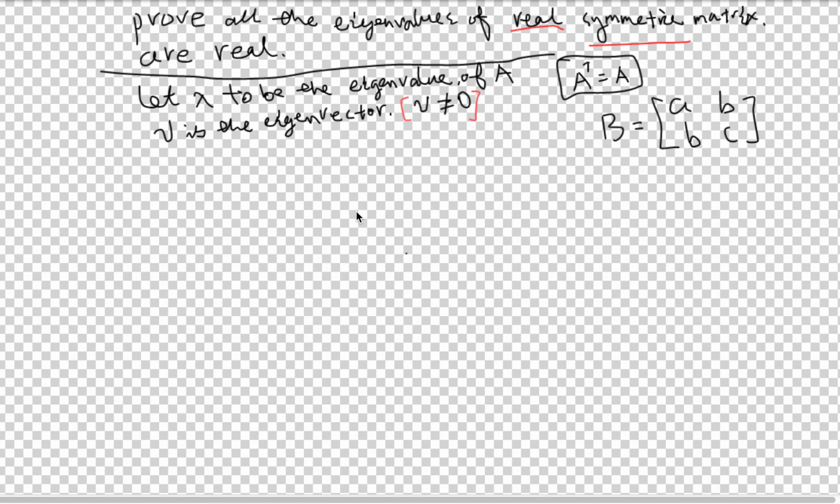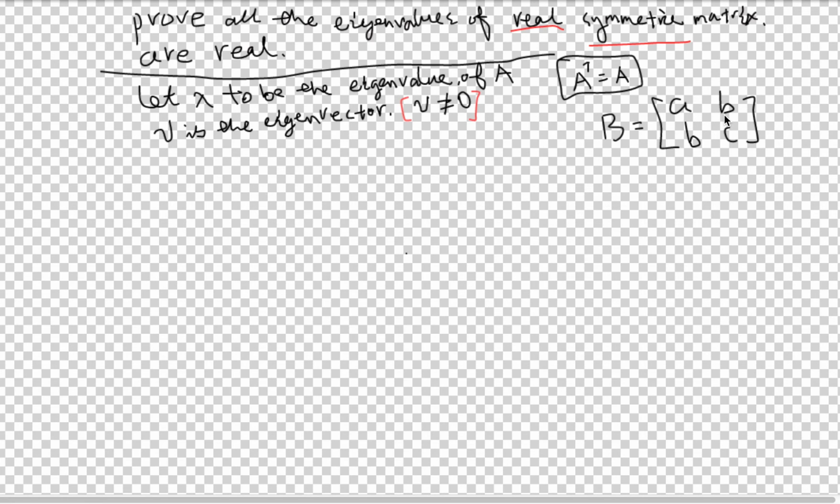Okay, today I'm going to prove that all the eigenvalues of real symmetric matrices are real. What does this question mean? I need to clarify the question a little bit. Real symmetric matrix: real here means that all the entries of the matrix are real numbers